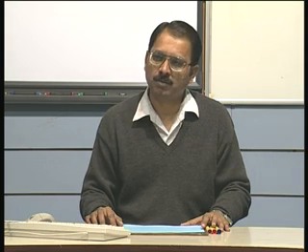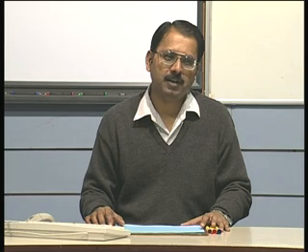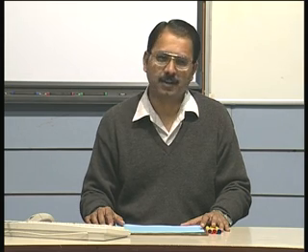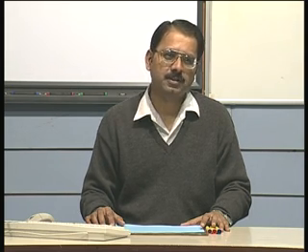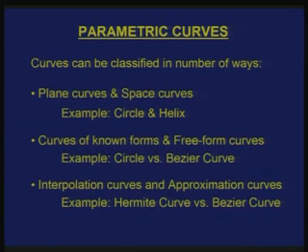Now, the word form comes because with every geometry like a line or circle, there is an associated form. For example, for a curve called a line, you have a form called straightness. Straightness is a form which refers to the geometry line. Similarly, you may say circularity. Circularity is a form which is associated with something like a circle. Since these curves and the forms which are used are quite common, we call them curves with known form.